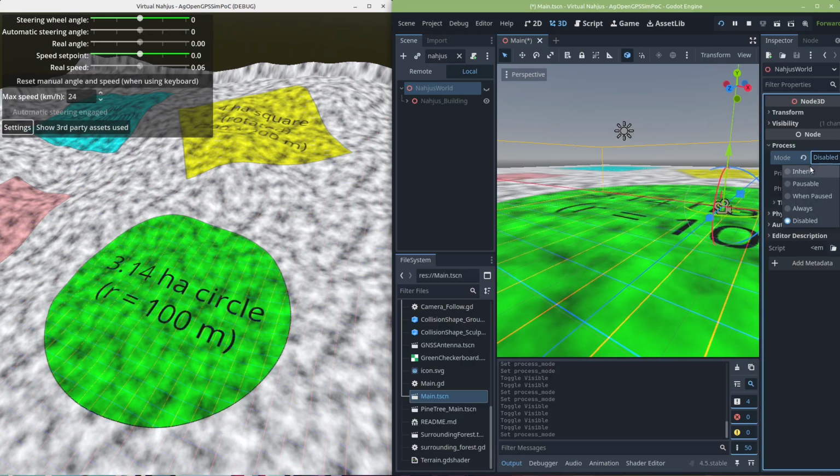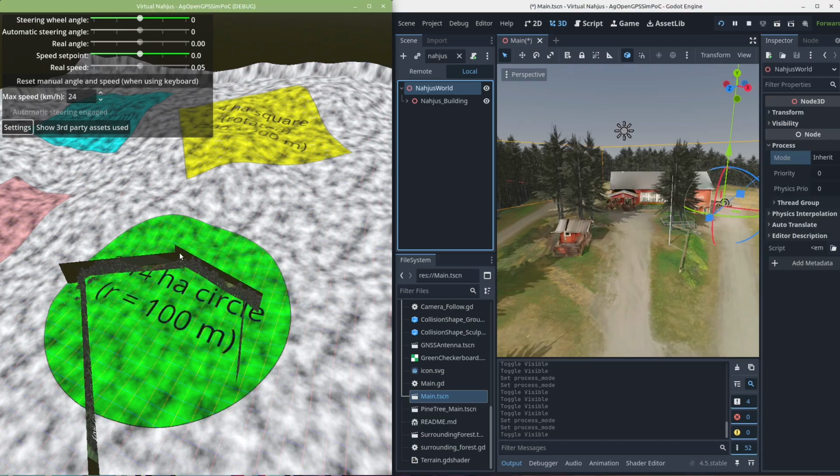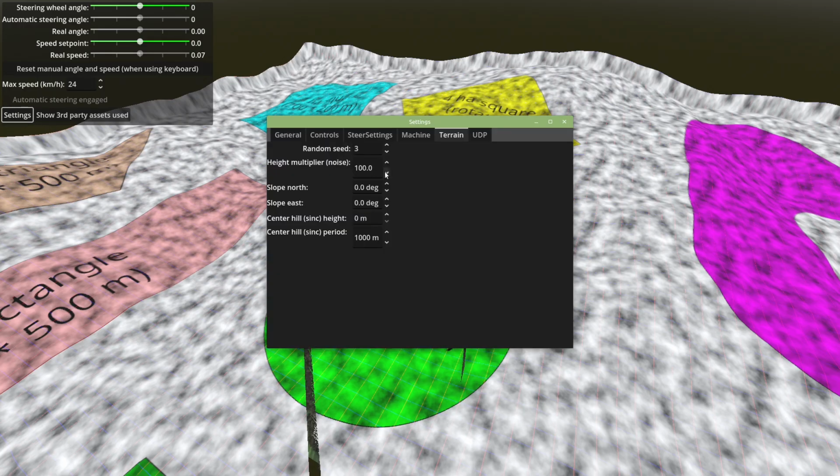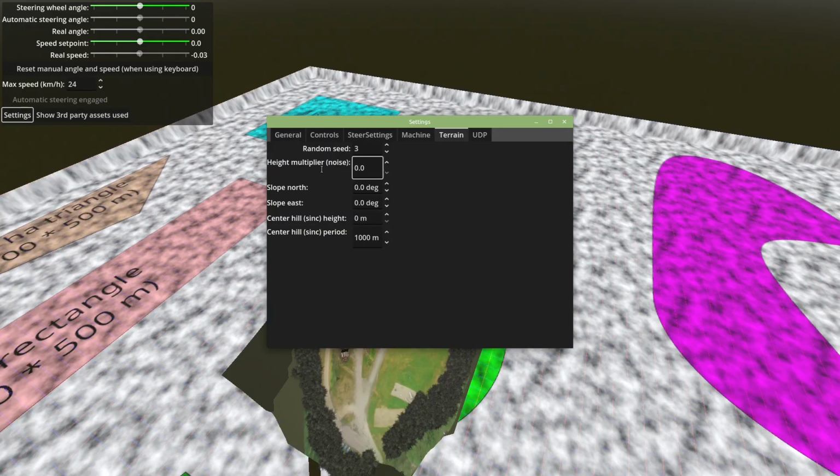So let's get this back to enabled, or inherit, but in this case it's enabled. Check other things here. And also set this terrain back to flat.